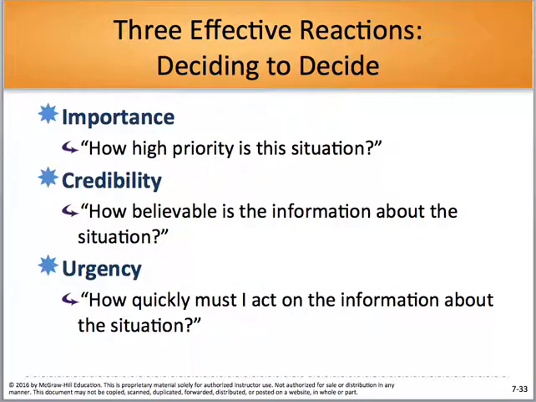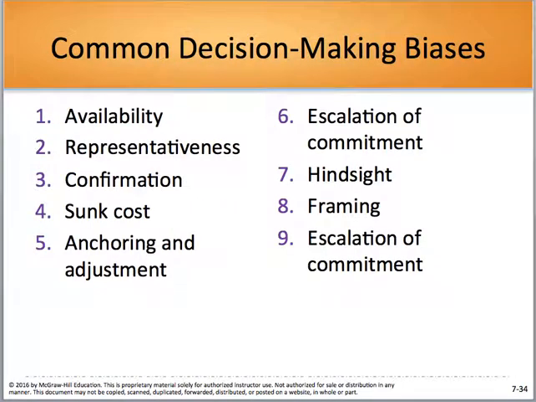So here's 3 effective reactions. Importance. How high of a priority is the situation? How believable is the information about the situation? That then determines credibility. How quickly must I act on this information before the consequences roll out? That's your urgency, right? And so here's some of the biases that we have. Availability, representativeness, confirmation, sunk cost, anchoring and adjustment, escalation and commitment, hindsight, framing, and